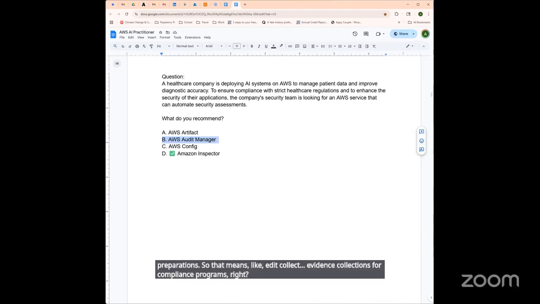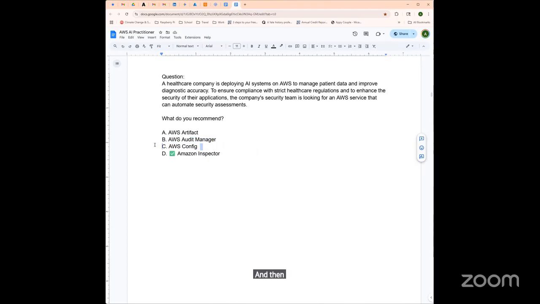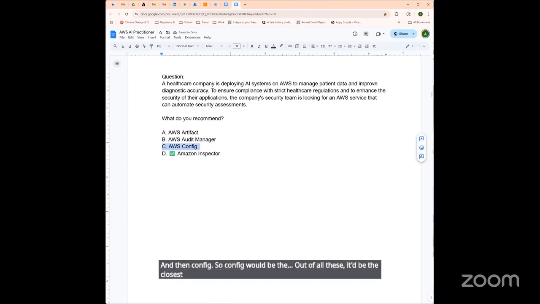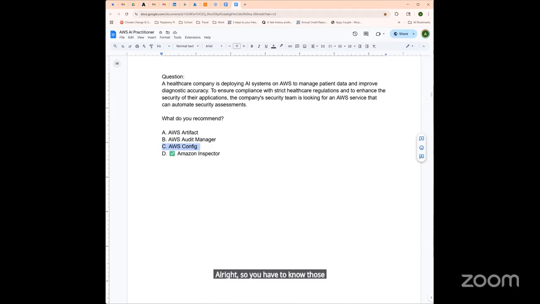So this focuses on reporting, not active security scanning. And then Config would be, out of all these, the closest, but not really. So Config tracks and evaluates resource configuration compliance. So it's great for policy enforcement, but not a security vulnerability scanner. All right. So you have to know those AWS tools to really understand this question.